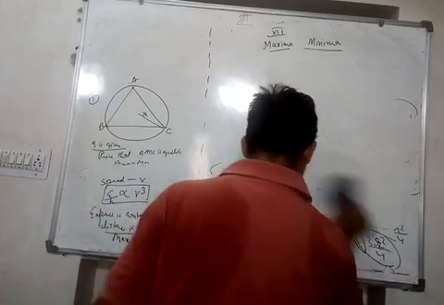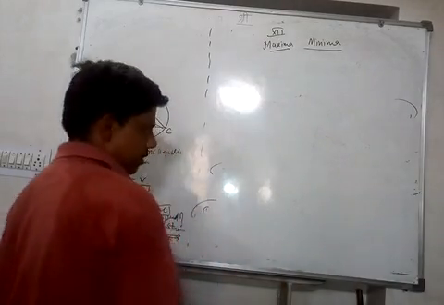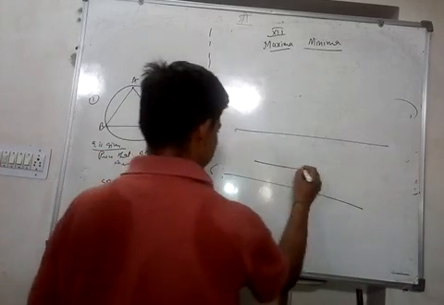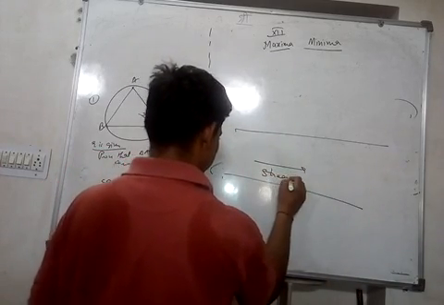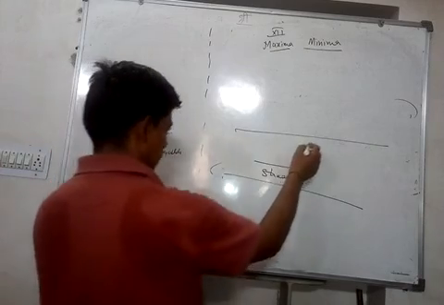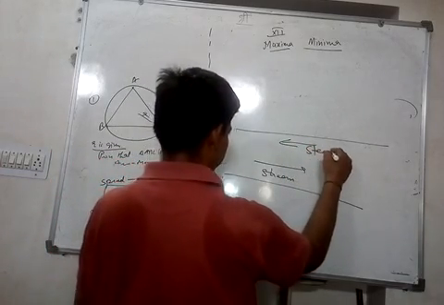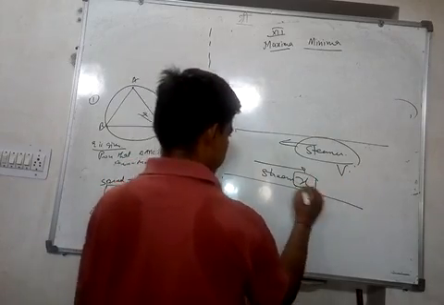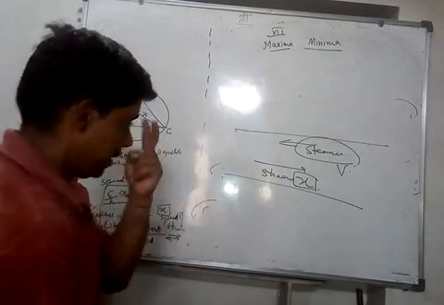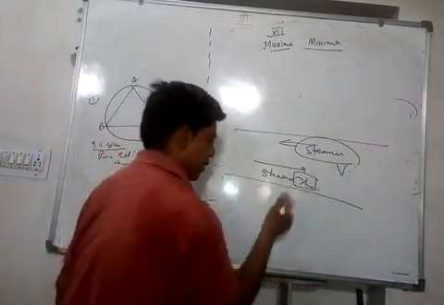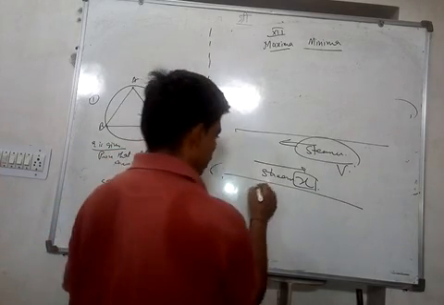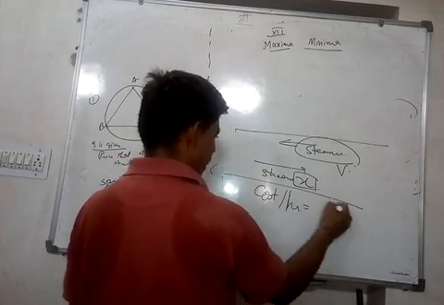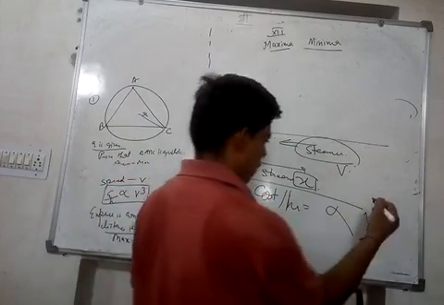So now the next question that we are doing is a boat or a steamer is there. This is the stream, and the steamer is going this side. Suppose the steamer speed is v, and the stream speed is x. Okay, it is given that the cost of running the steamer, expense per hour, is directly proportional to the speed with which you are running.